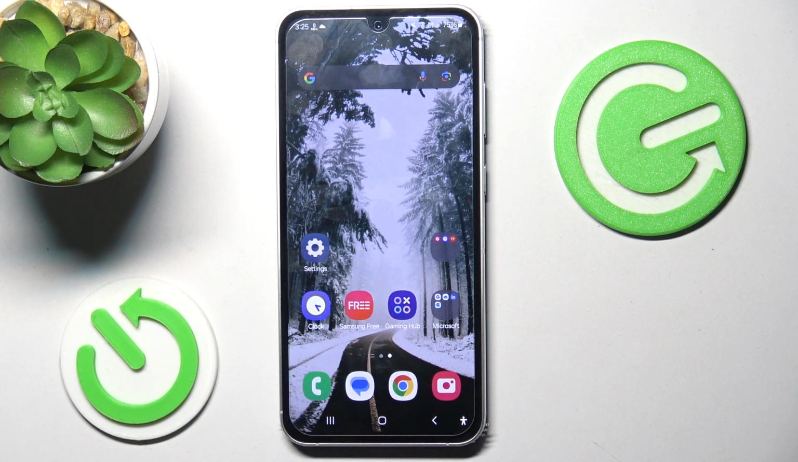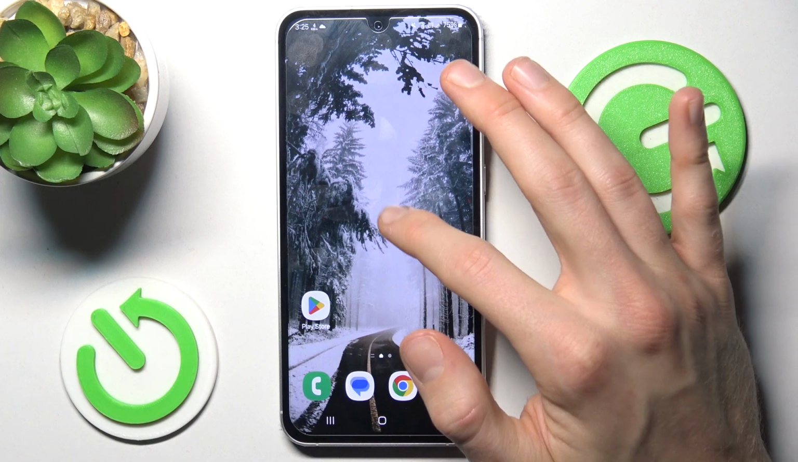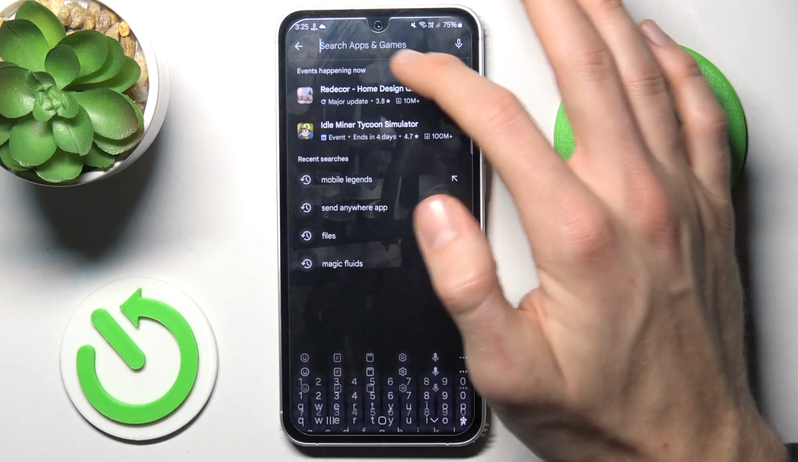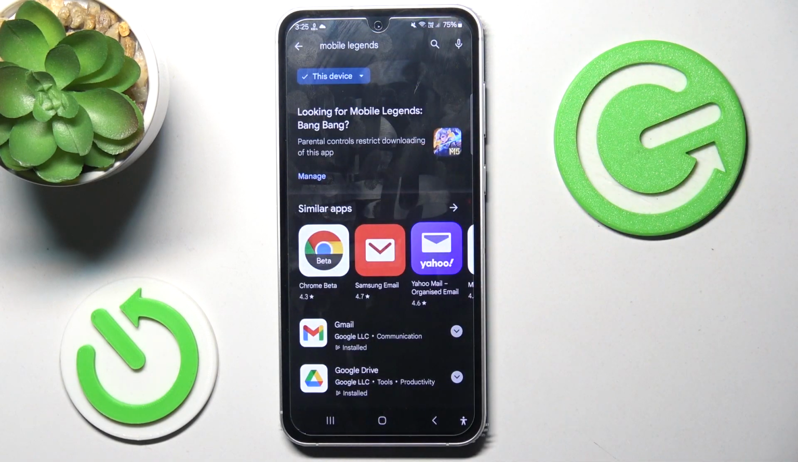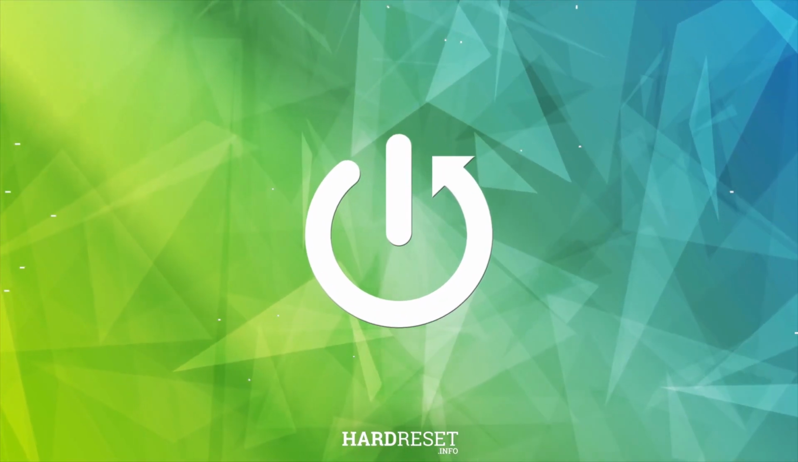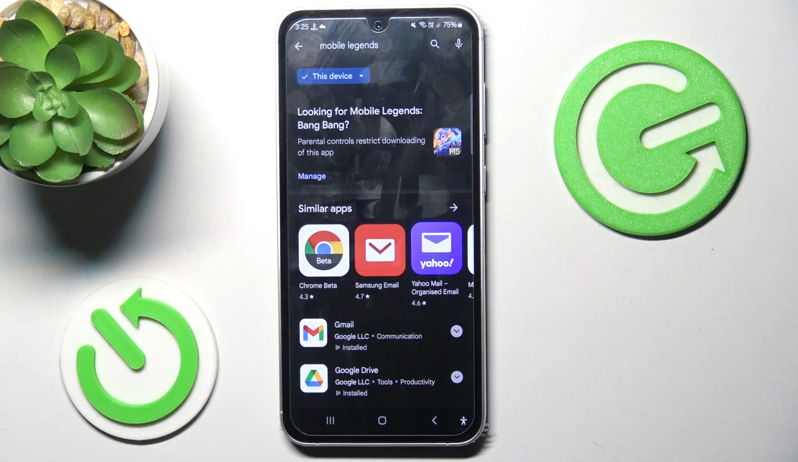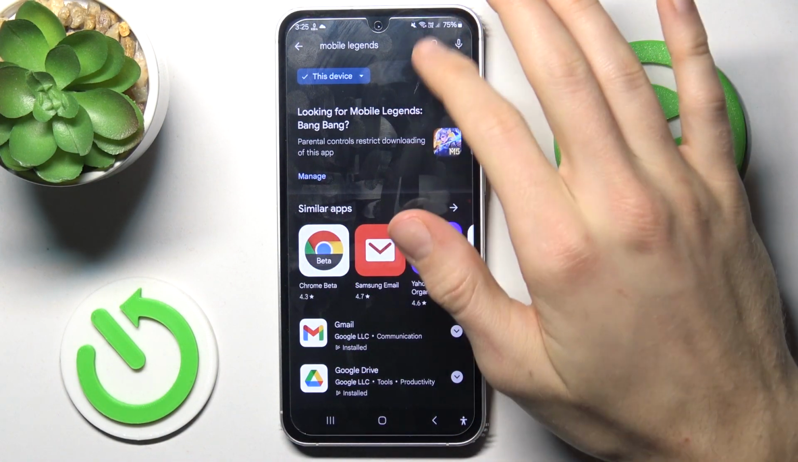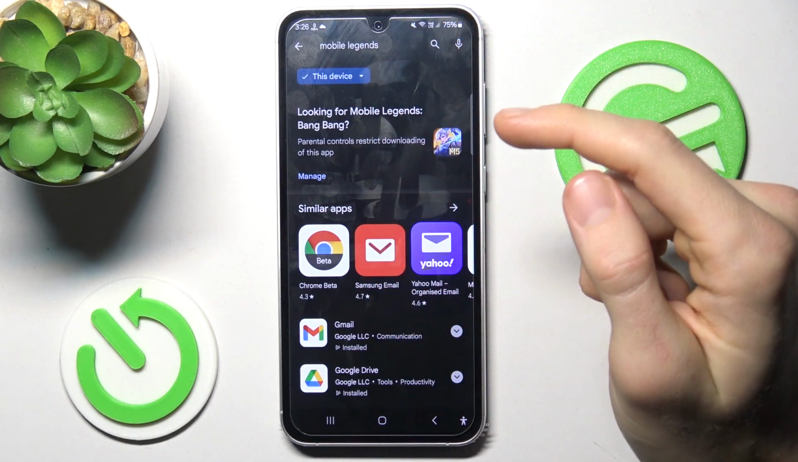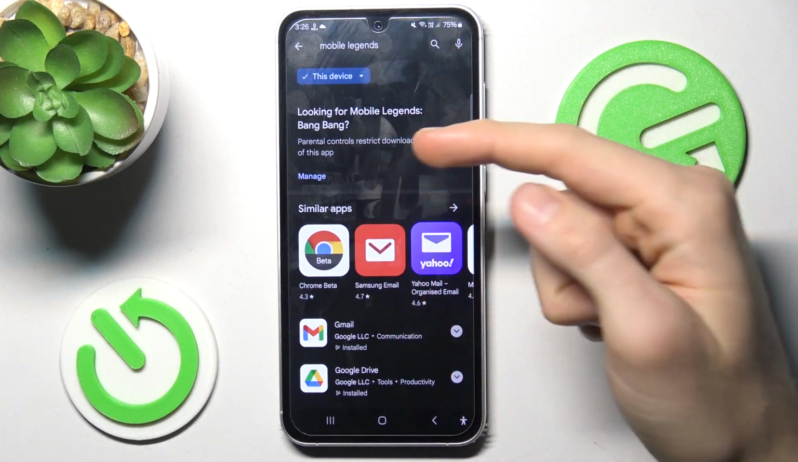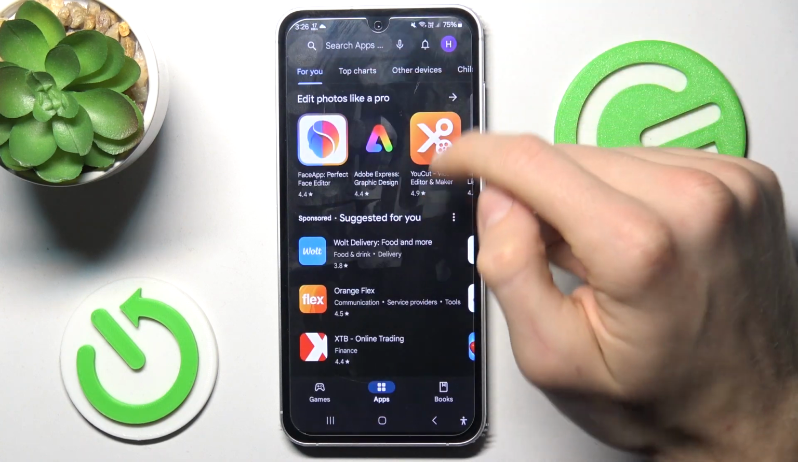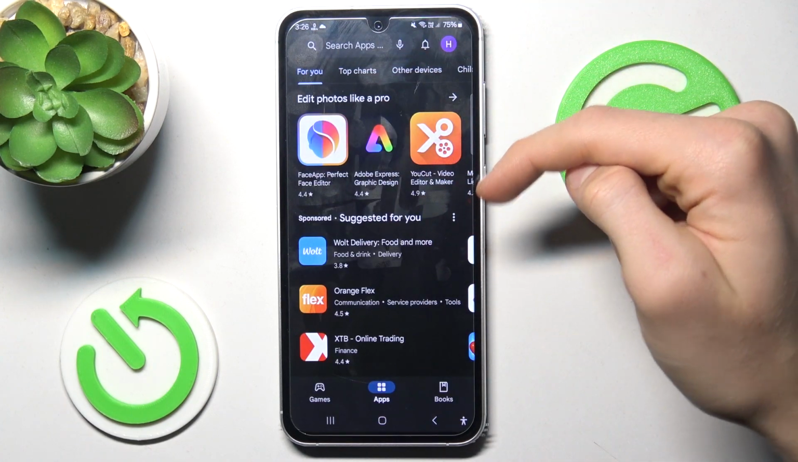Today I have Samsung Galaxy F54 and I want to show you how to fix the problem when your game is not visible in your Google Play Store. When you have the same situation as mine, you search your game, such as Mobile Legends, you find it, but you can't install it. To fix it, we must go back to the main menu of our Google Play Store and